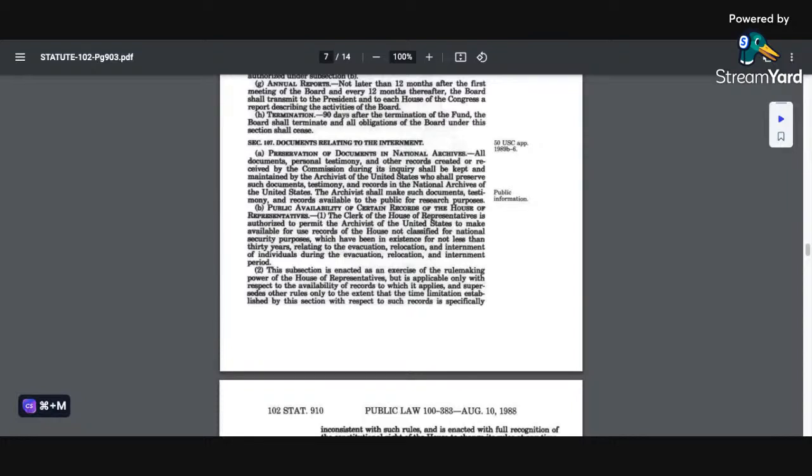Section 107. Documents relating to the interment. A. Preservation of documents in national archives. All documents, personal testimony, and all other records created or received by the Commission during its inquiry shall be kept and maintained by the Archivist of the United States, who shall preserve such documents, testimony, and records in the National Archives of the United States. The Archivist,